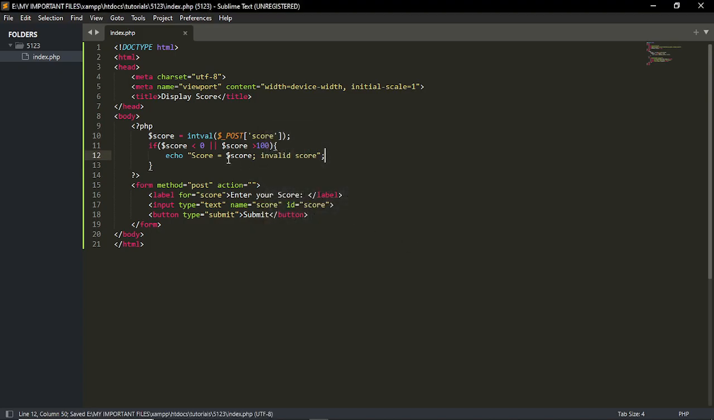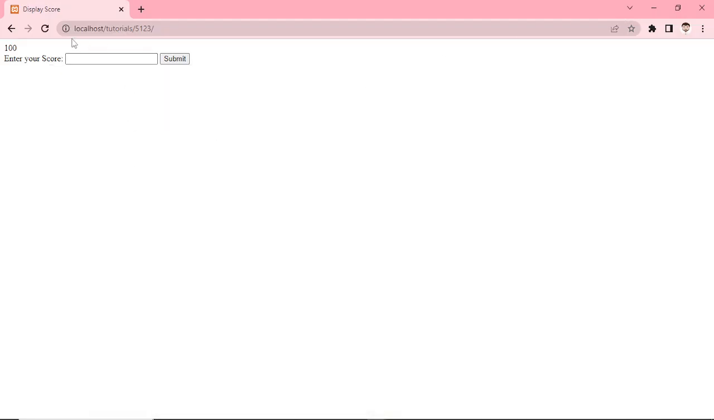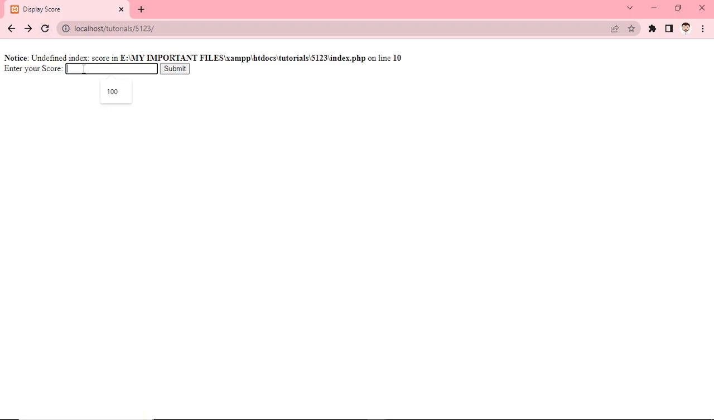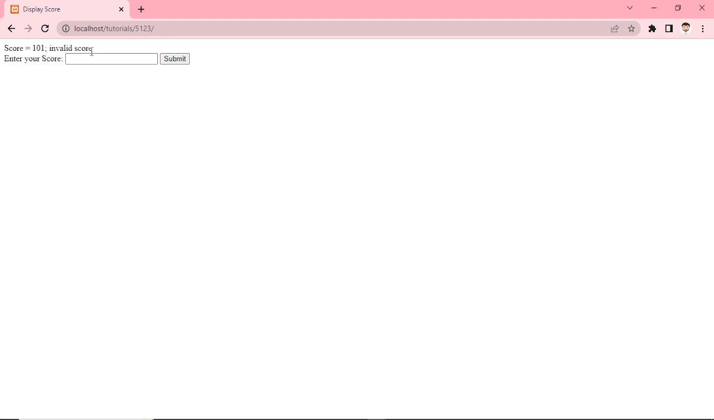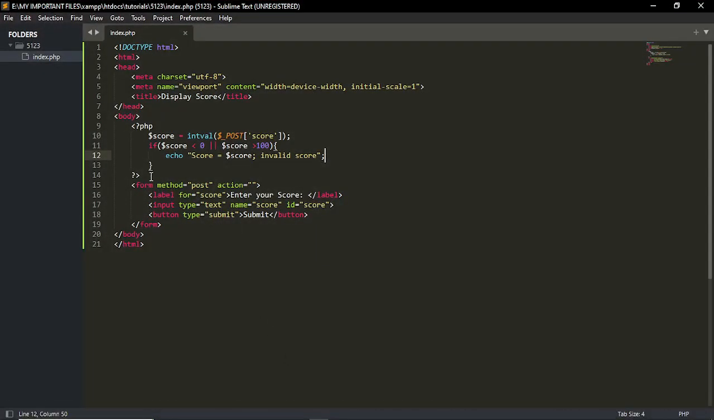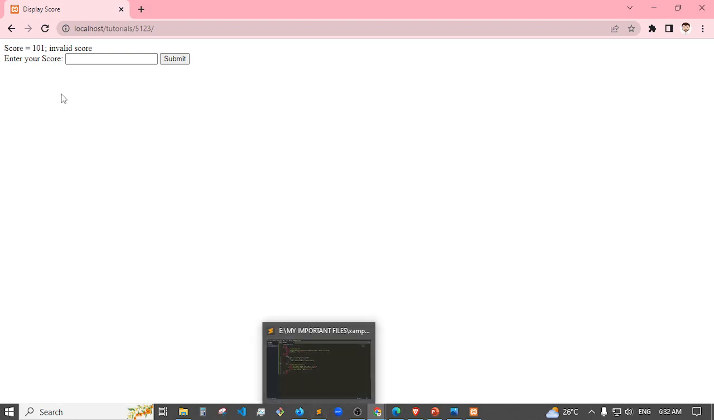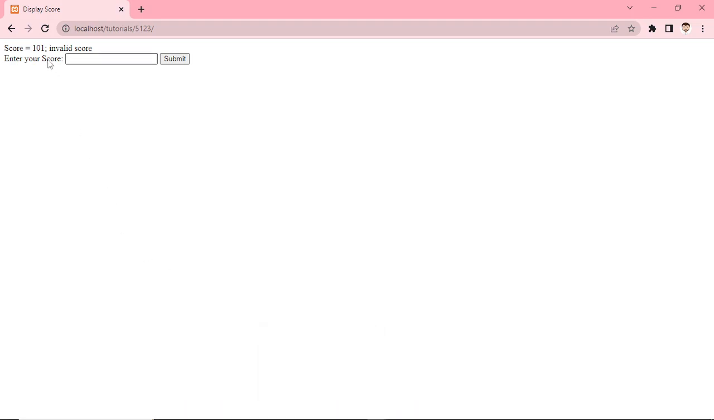So we tried first to put the 101. Once we put 101, it should display the invalid score. So the score equals 101, and it is an invalid score. So we'll try to put the BR here to break the code. Run. Okay, so we are now done with the invalid score,